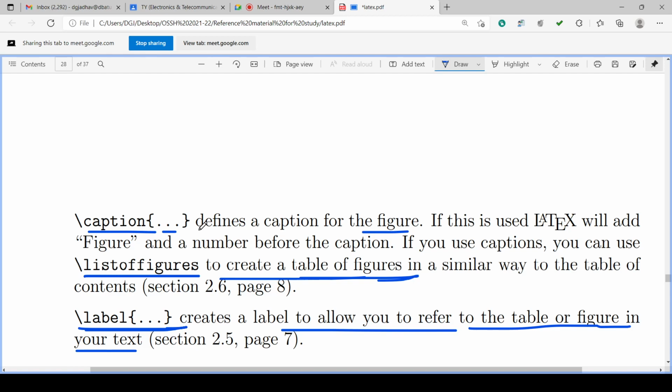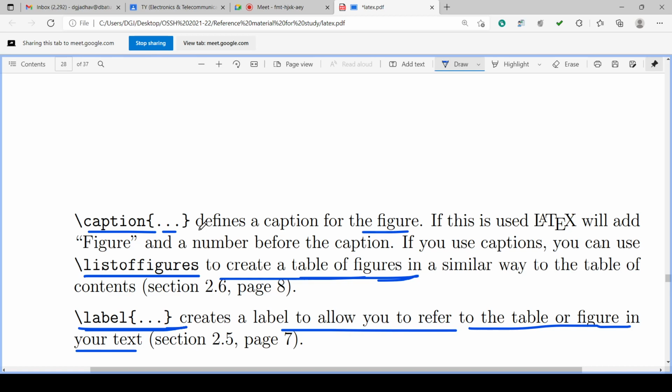You can use the caption for the list of figures also. To create the list of figures, we can use these captions, so that wherever anybody wants to refer to that, they can directly click the hyperlink and go to that figure.